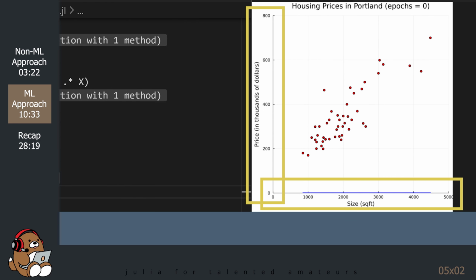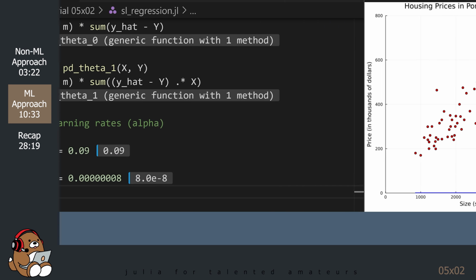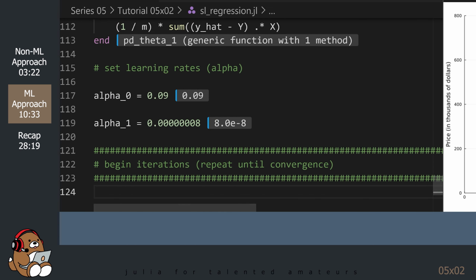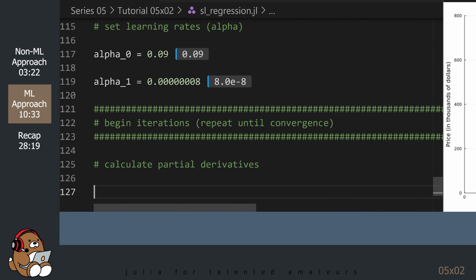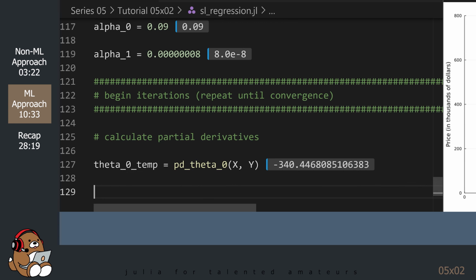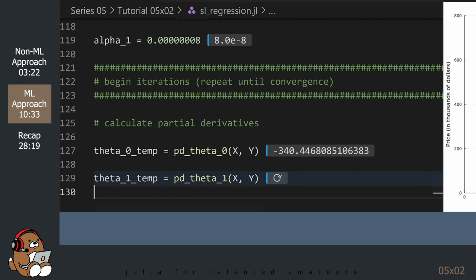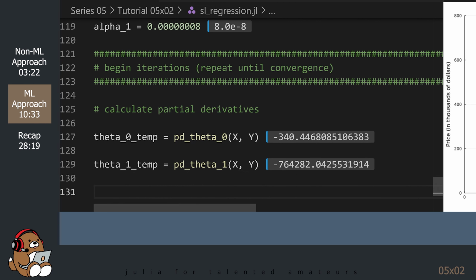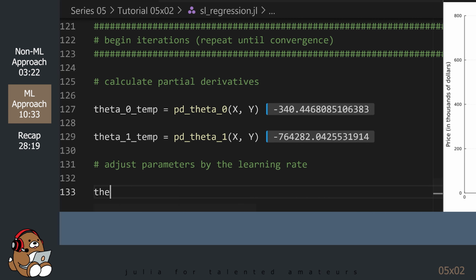One of the issues here is that the values along the x-axis are much larger compared to the values along the y-axis. In future tutorials, we'll discuss methods to adjust for this, but for today, we'll leave the values as they are. For now, let's write the code to make this gradient descent algorithm come alive. The use of temp variables here will allow us to make simultaneous updates to the values of both the y-intercept as well as the slope.